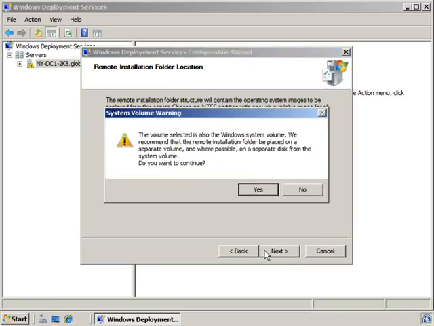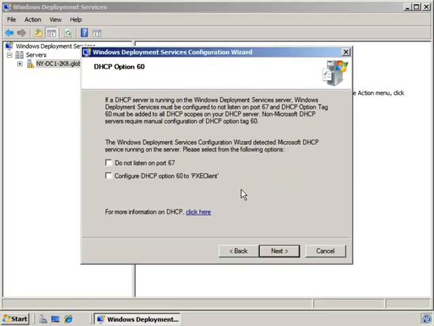And you'll see here that it says the volume selected is also the Windows system volume. It's not recommended to do this. Are you sure you want to do this? Yes, I'm sure. Now, this next screen has to do with the fact that this computer is also our DHCP